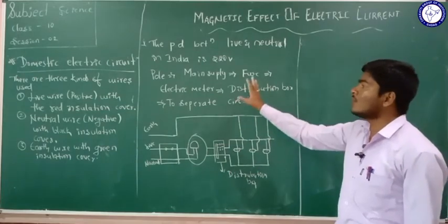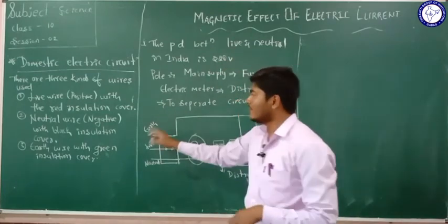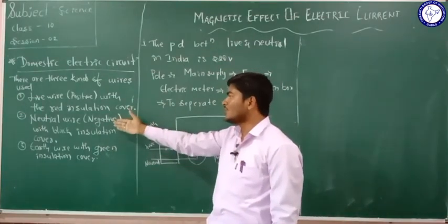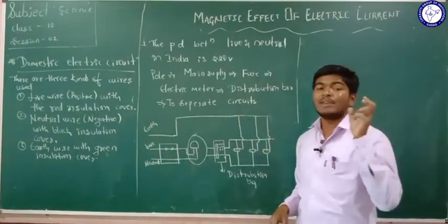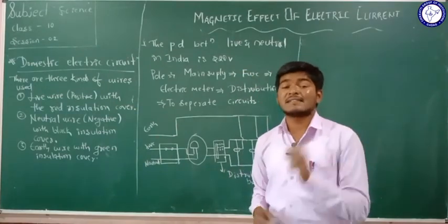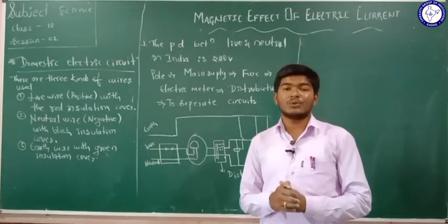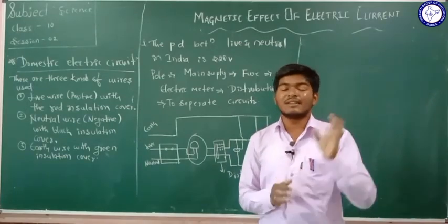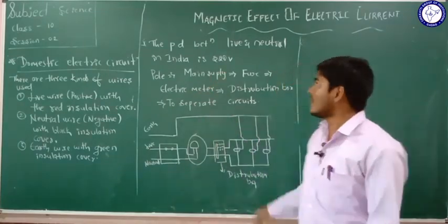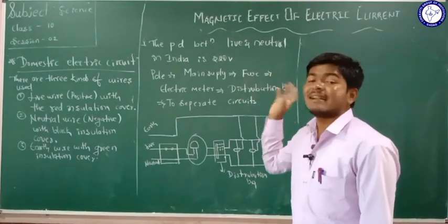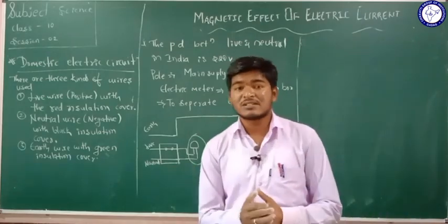This is all about the domestic electric circuit, and the potential difference between the neutral wire and the live wire in India is about 220 volts. So be careful: the electrical pole wires carry a high amount of electricity, the voltage is very high. When you work with those wires, you have to take precautions very carefully. So this is all about how the domestic electric circuit is present in our home. This completes another most important chapter, the magnetic effect